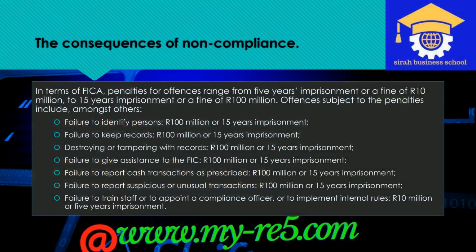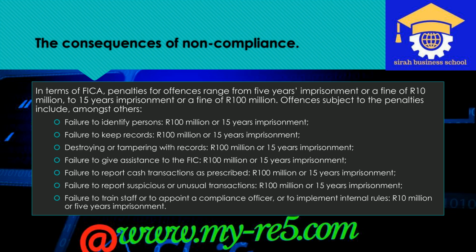The consequences of non-compliance. In terms of FICA, penalties for offences range from 5 years imprisonment or a fine of R10 million, to 15 years imprisonment or a fine of R100 million. Offences subject to the penalties include, amongst others, failure to identify persons, R100 million or 15 years imprisonment, failure to keep records, R100 million or 15 years imprisonment, destroying or tampering with records,